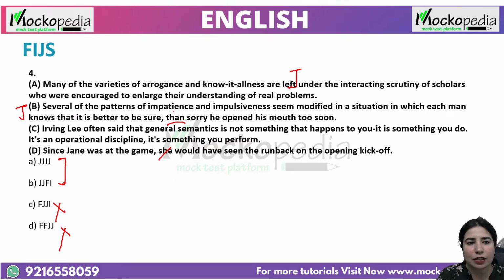Several of the patterns of impatience and impulsiveness seem modified. तो seem करने का मतलब कि आप सेंस कर रहे हो एक इमोशन को, अप्रूवल या डिसअप्रूवल की तरफ जा रहे हो। In which each man knows that it is better to be sure than sorry, he opened his mouth too soon. तो ये एक इमोशनल वेंट है, तो जजमेंट स्ट्रॉन्ग है और करेक्ट डिसीजन है। अब थर्ड पर आओ।